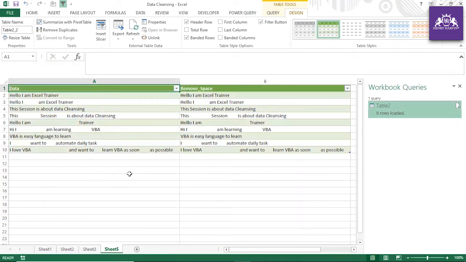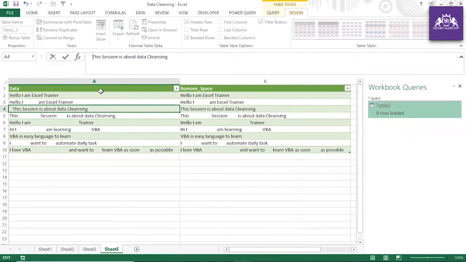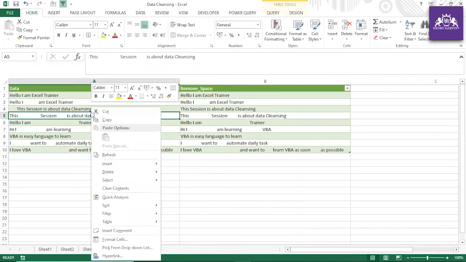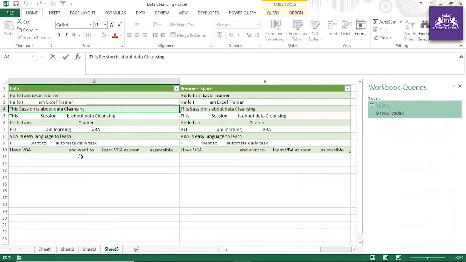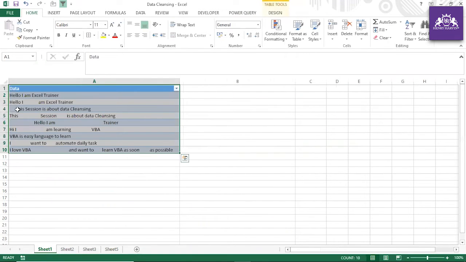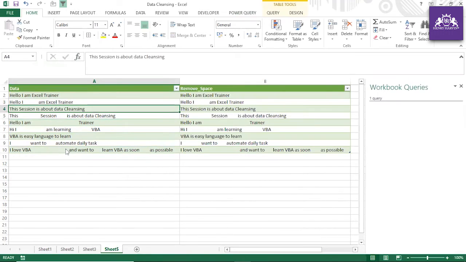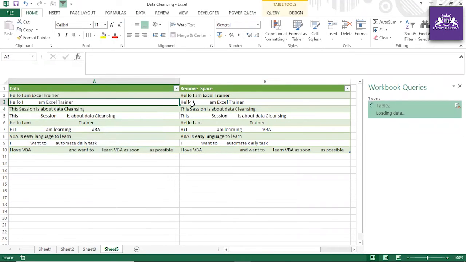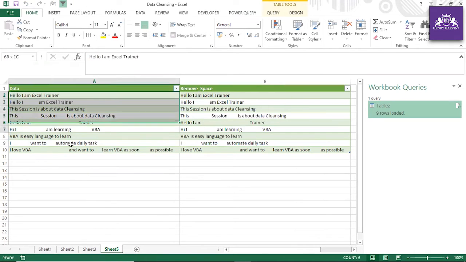All right, the objective is to tell you about it. If you look at this data and now look at this data, let me put some space. Now, if you just refresh this query, you see the space is there. In between, all right. Let me put that because this data is coming from sheet 1. So in sheet 1, let me put some spaces. Before hello, I have put the space, and now if you go and refresh this, you see that this data is well done.